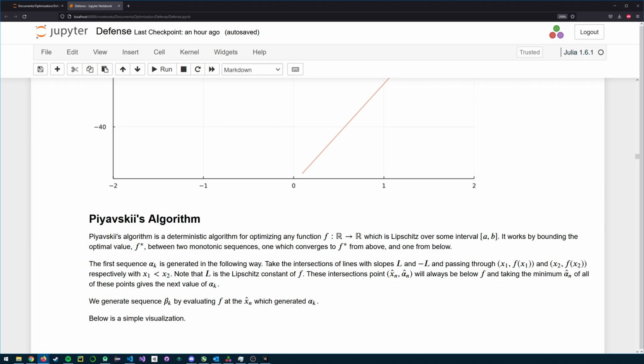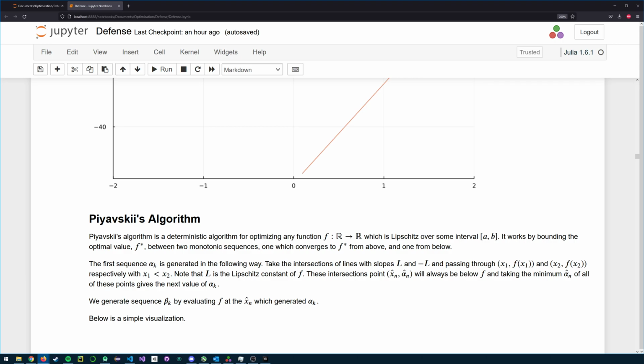And this is an old algorithm that I found in an old Soviet paper from the 1970s, and it really was what motivated this whole discussion on optimizing these non-convex objectives. And as far as I can tell, it really isn't used anywhere. And I guess we'll see why in a little bit, but we'll try to make sense of what it's saying